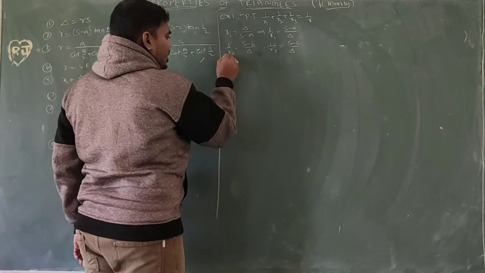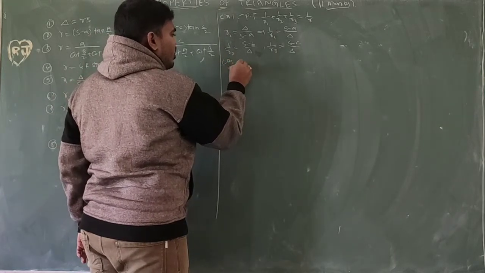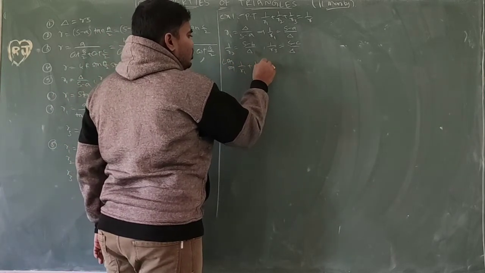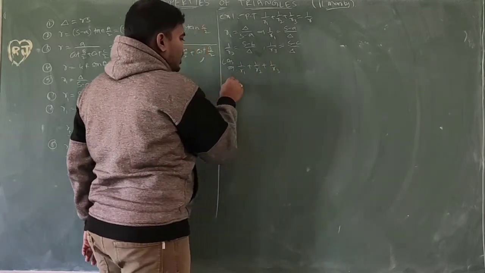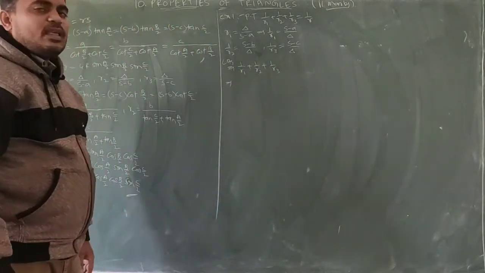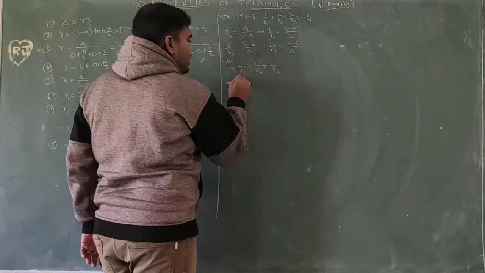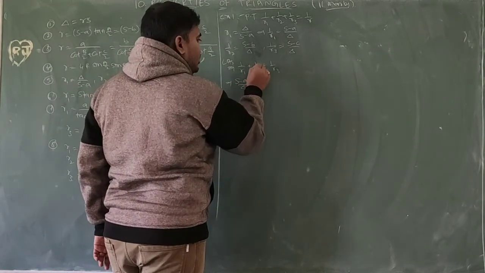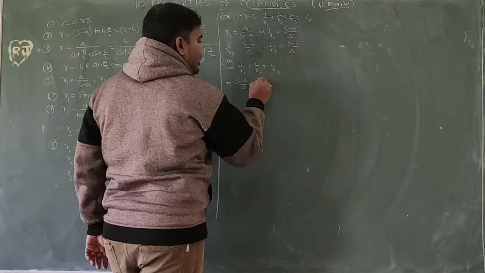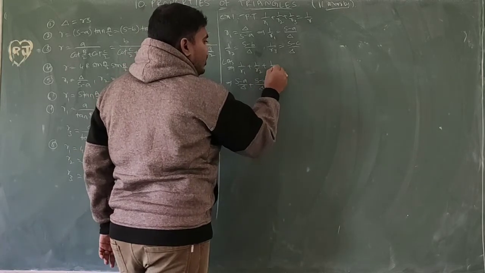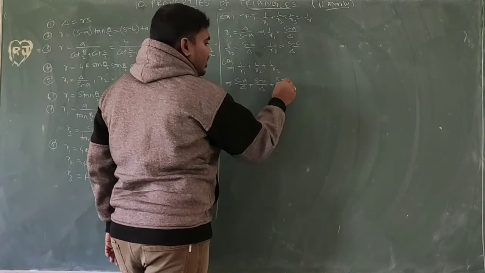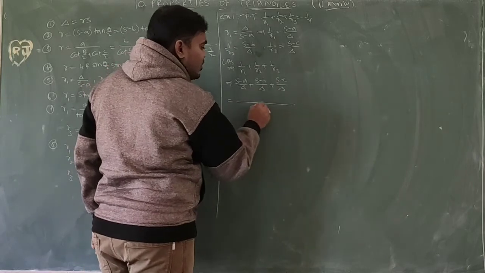I am adding the LHS: 1 by r1 plus 1 by r2 plus 1 by r3 equal to s minus a by delta plus s minus b by delta plus s minus c by delta. So taking LCM delta,